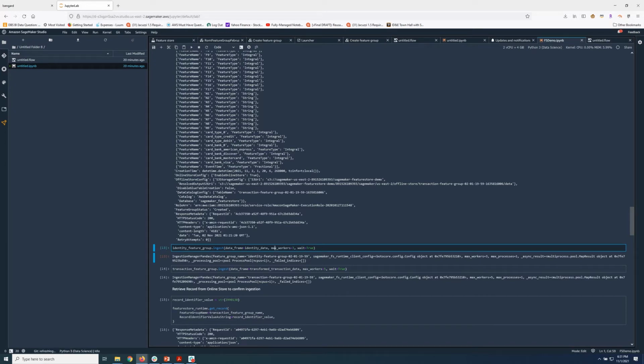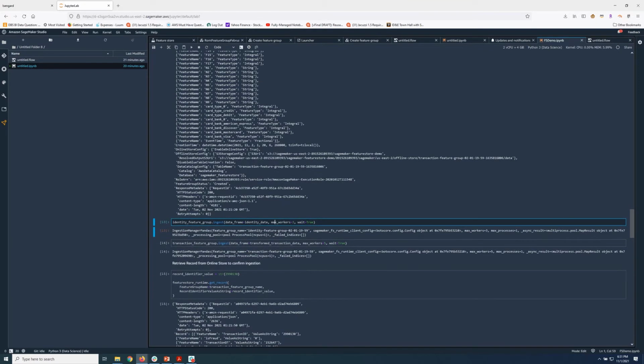The only thing out here is the feature_group.ingest SDK function, which actually lets you ingest data with massive parallelism into the feature store. So out here we use that SDK to ingest data into both the identity and transaction feature groups.